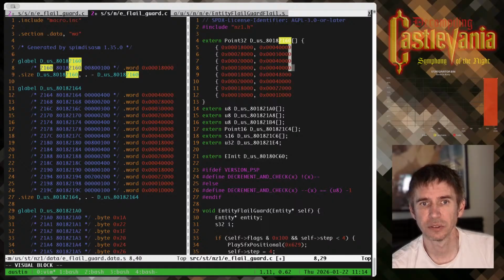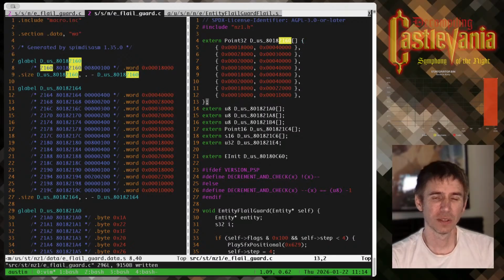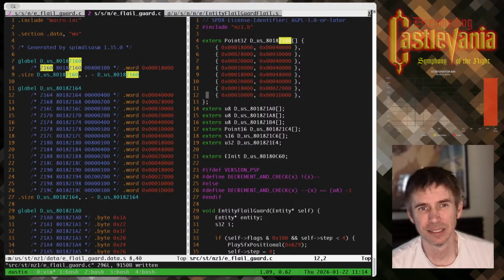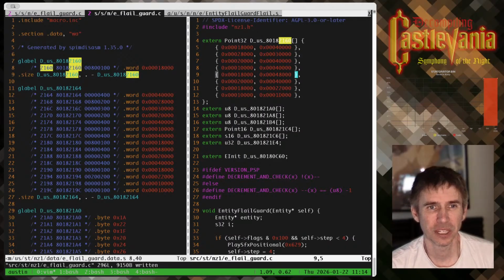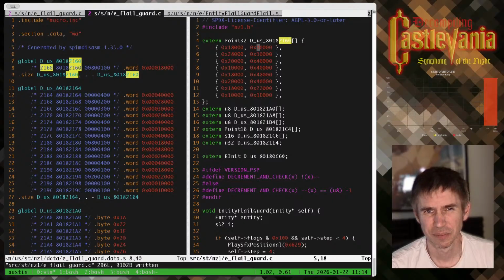So inside this array, these are each 0.32s, and the notation for nested structs is identical to the notation for nested arrays, which is different from most modern languages. Usually curly braces are for structs, and looking at this, this kind of looks like they are